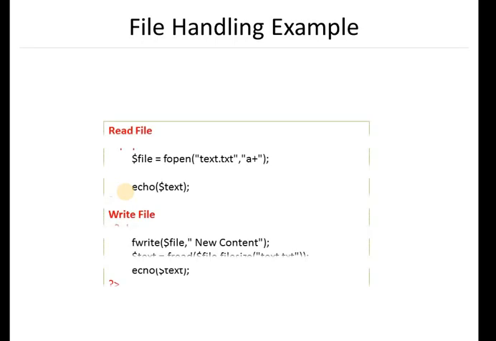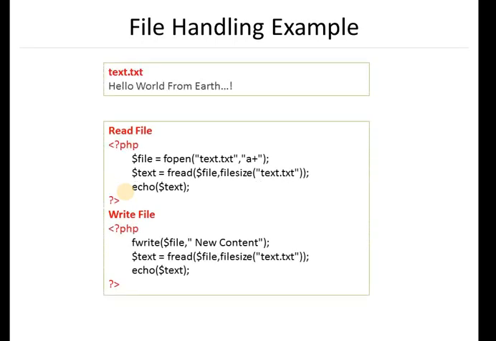Now let's see a small code snippet. In the txt file, it is written: this is hello from earth. If I want to read this particular file, obviously first of all I have to open it. So how can I open it? With fopen, and there are two parameters. The first one is the path of the particular file, and then the mode. Over here I have used a plus, and this is the handle of this particular file.